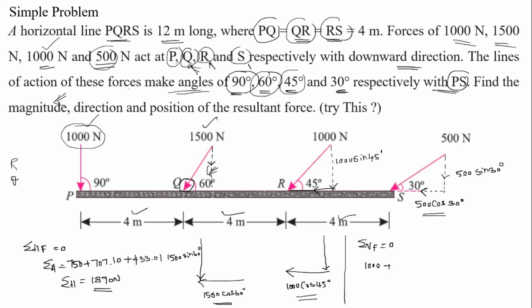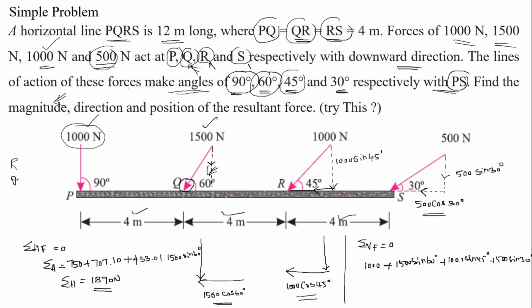All the forces are acting downward, so take the sum of all the forces. So downward, 1000 Newton, plus 1500 sine 60 degree, plus 1000 into sine 45 degree, plus 500 sine 30 degree, right? So now